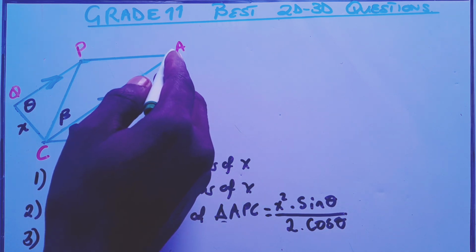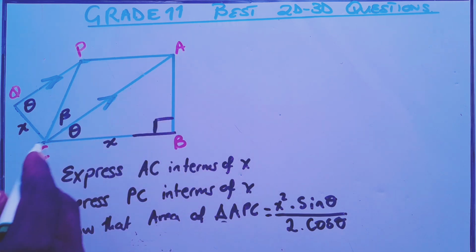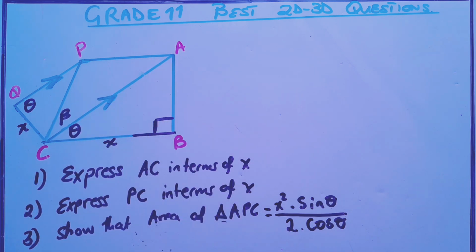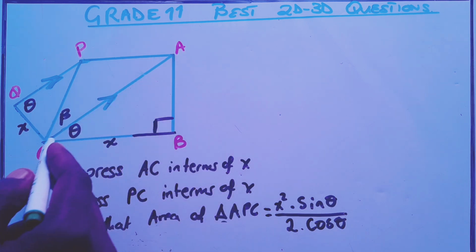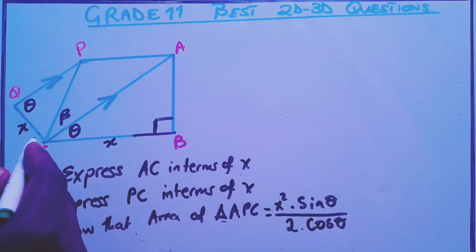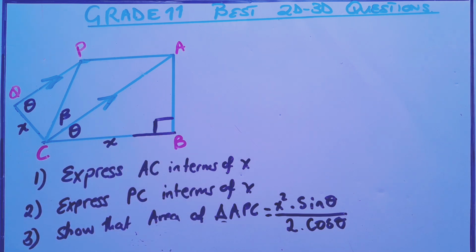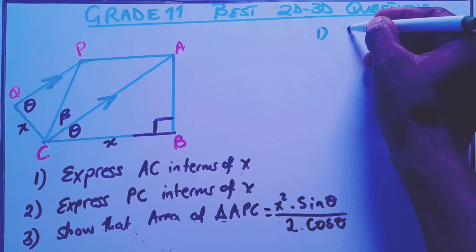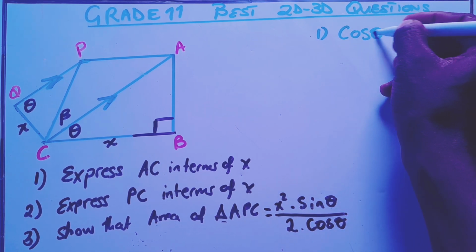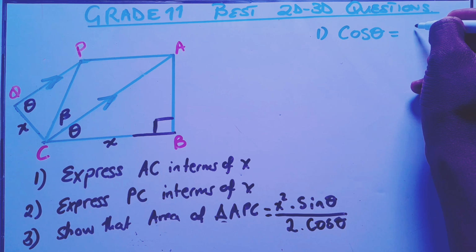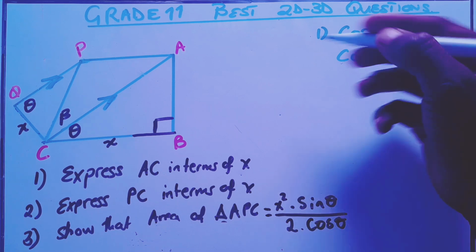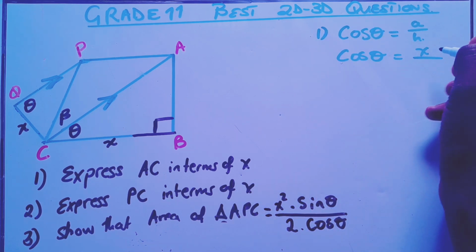So AC in this triangle, this is the hypotenuse, because we're having the 90 degrees there, right? So we're having the hypotenuse and the x is our adjacent. So it is easier to use the ratio of cos theta, right? So number 1, we can say cos of theta is equals to adjacent over hypotenuse. So it means that our cos of theta, because our adjacent is x over our hypotenuse, which